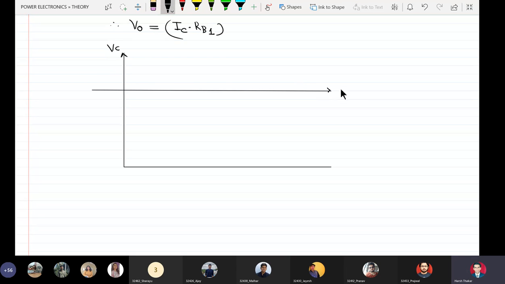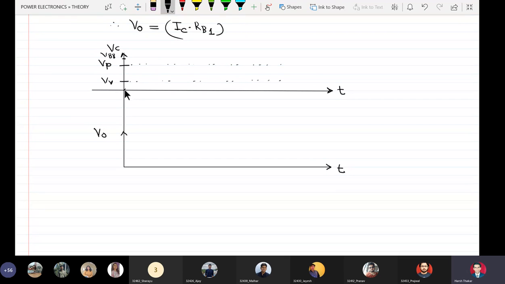The capacitor voltage against time t. Our system is not yet synchronized with a 50 Hz system, so I'm not writing omega t here, I'm writing t. For the capacitor, let us put two levels, the peak point voltage and the valley point voltage, and we put here the output voltage VO. Initially the capacitor will start charging from 0 towards VBB.